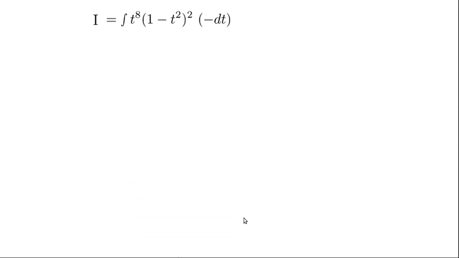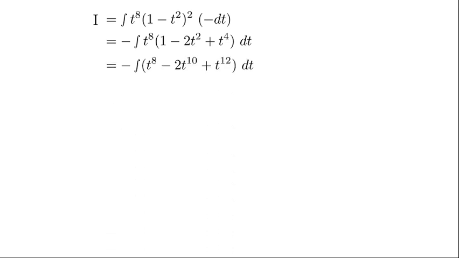So t raised to 8 into (1 minus t square) whole square, minus dt. The minus sign goes out, and simultaneously expand it also: (1 minus t square) whole square is 1 minus 2t square plus t raised to 4. Now take this t raised to 8 inside the bracket, so it gives minus integration of t raised to 8 minus 2t raised to 10 plus t raised to 12,